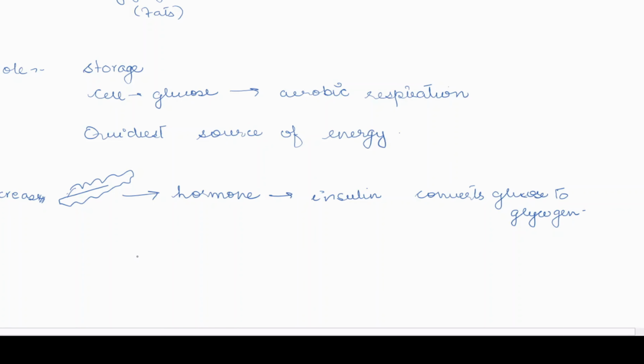So we have to maintain a certain level of glucose. If there is excessive glucose, then it is converted to glycogen. But there is another way around as well. If your glucose level drops, like for example when you do excessive exercise, or you are fasting especially, at that time glycogen converts back into glucose.